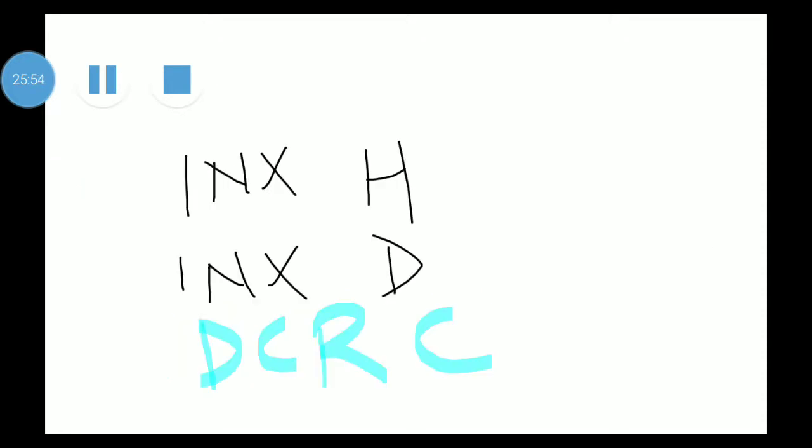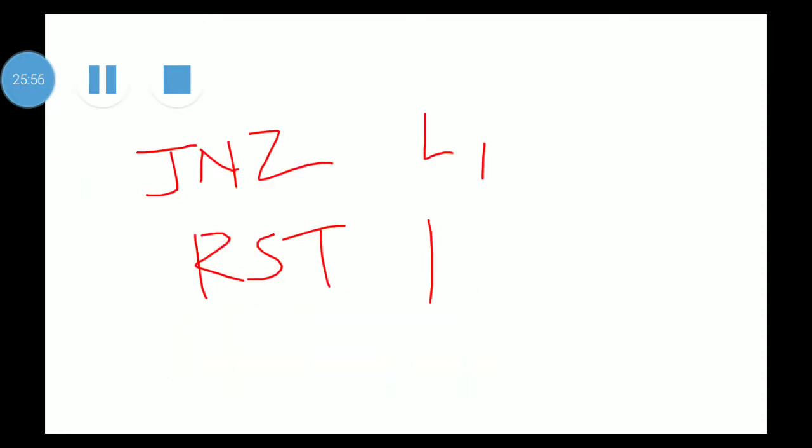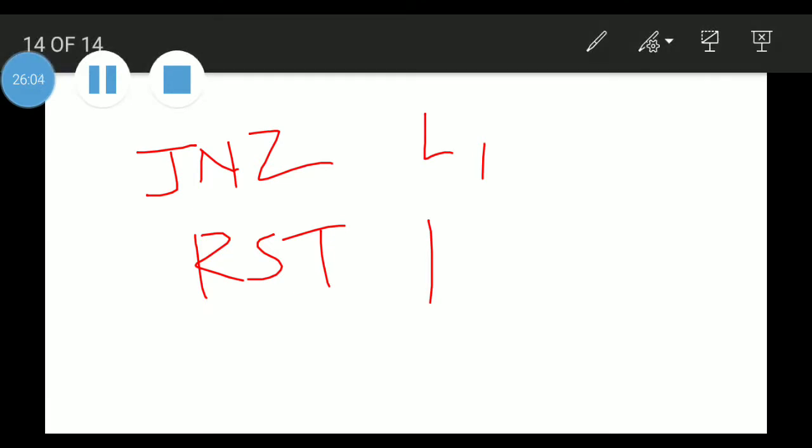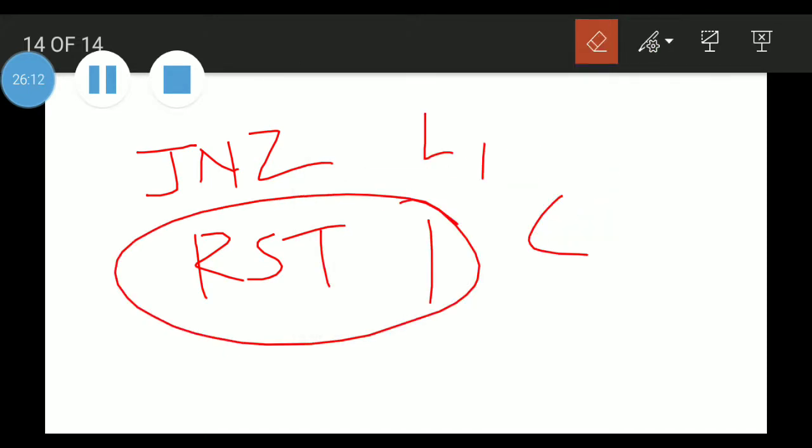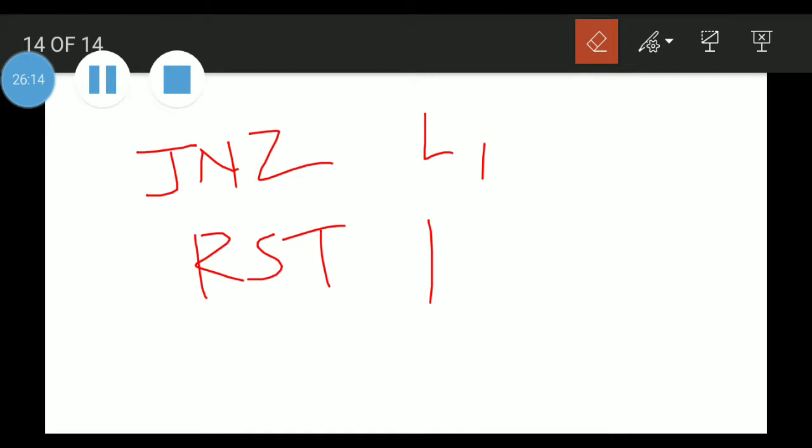Once our condition is satisfied and the counter becomes 0, it comes to the next instruction, where we specify the stop, that is RST1. This was a simple program using the complement instruction CMA.